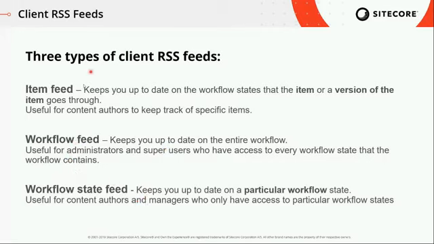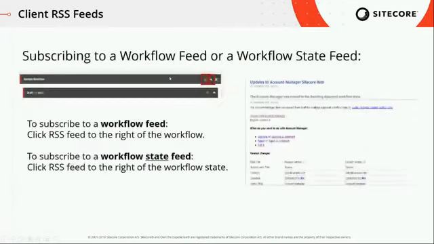So tell me about the item, tell me about the whole workflow, or tell me about a particular state of the workflow. So approval, for example. So let's take a look at being able to do that subscription. These are the icons that we're talking about here. So all you have to do is click that little radio button next to the feed of the workflow itself, or to the state. So I might want to